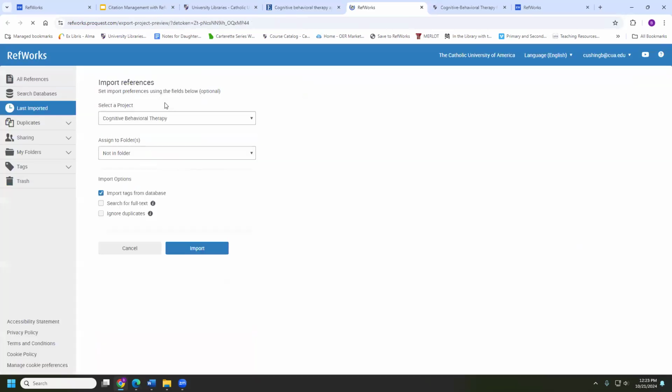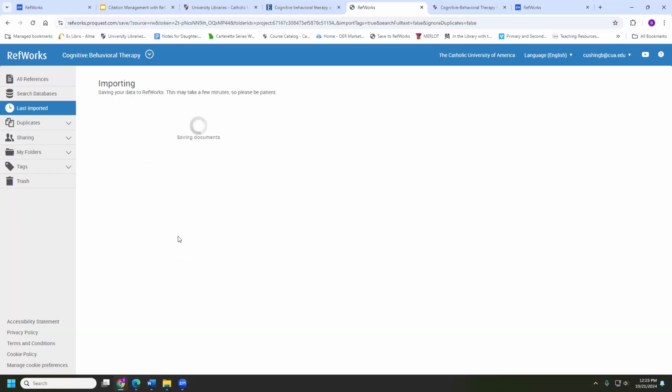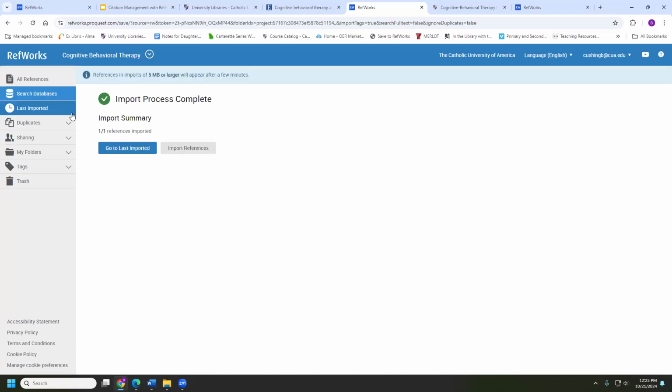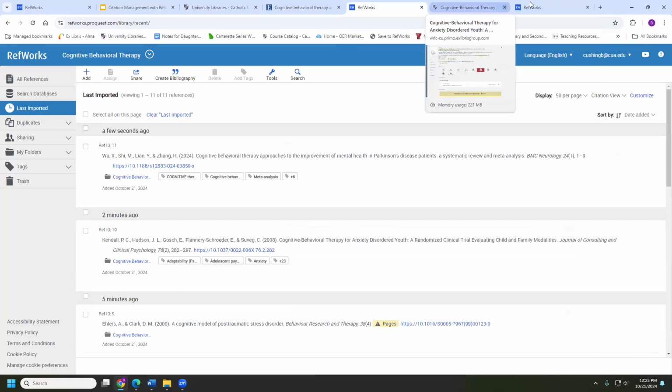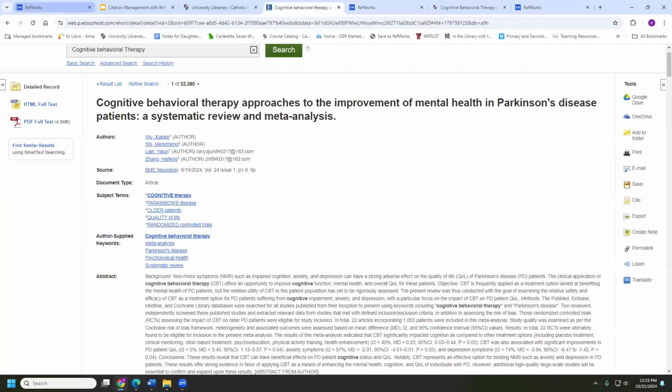It again takes us to RefWorks. It's going to ask us, similar to our last import, which project, which folder. I'm going to again do the cognitive behavioral therapy one and click Import. And we've imported one document. So that's great. But EBSCO allows you to import a bunch of different documents at once, and that usually is much more time efficient. So if we go back to EBSCO